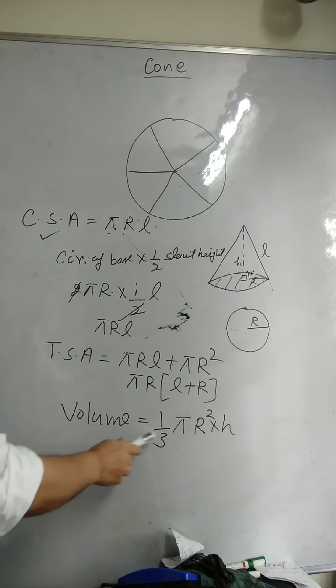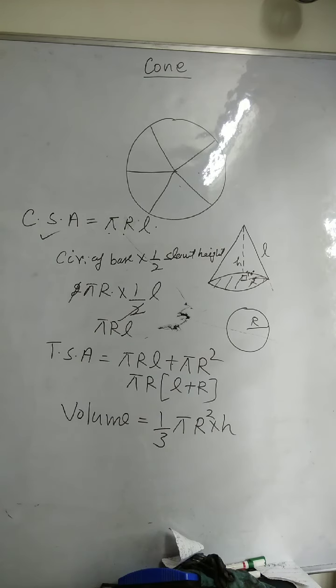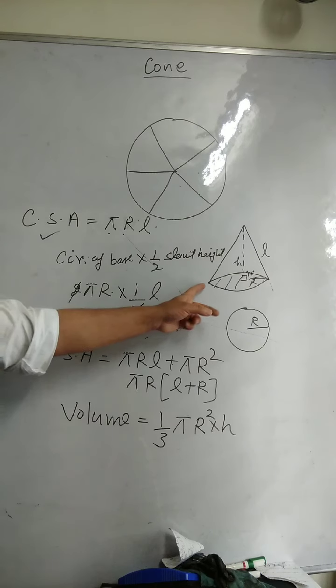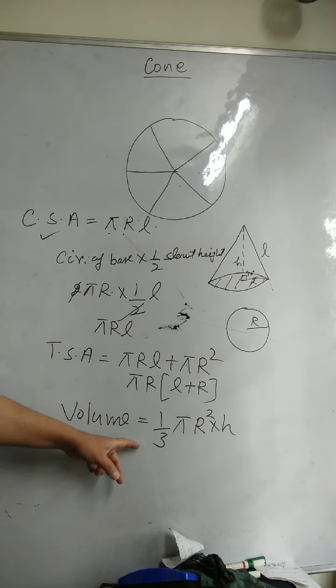And the volume of a cone is 1/3 pi r square into h. Got it? Now, according to questions, you can modify these formulas. The formula will remain same, but you can slightly modify. Like